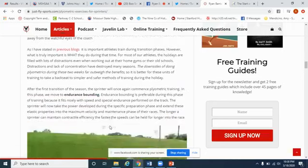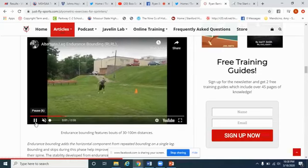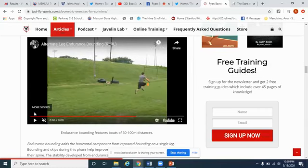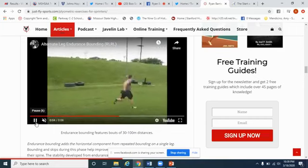Then moving down, after we get to that, we'll do some endurance bounding. And endurance bounding is right, left, right, left, left, right, left. And these are really great. And what's interesting about bounding is that this is one of the skills that a lot of athletes have lost. But again, even if you don't have a track or a sidewalk or a street you feel comfortable